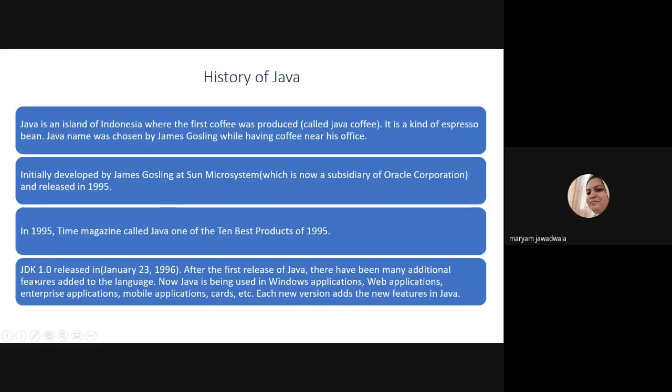Now, JDK 1.0 was released on January 23, 1996, right? After the first release of Java, many additional features have been added to the language. Now Java is being used in Windows applications, web applications, enterprise applications, mobile applications, card issue, and so on. Each new revision adds some new features to Java.